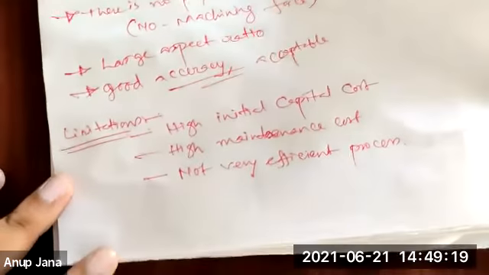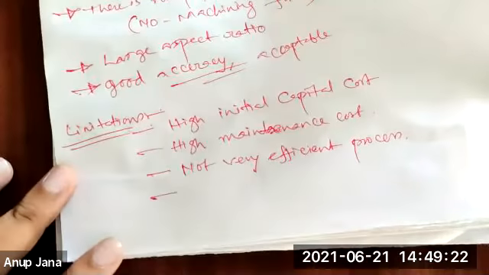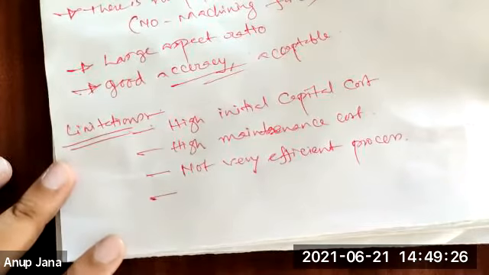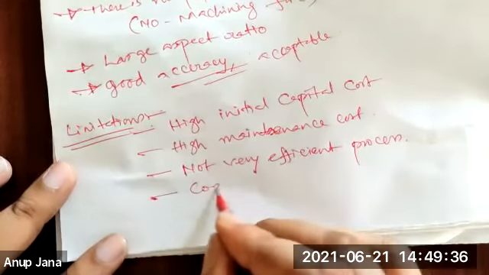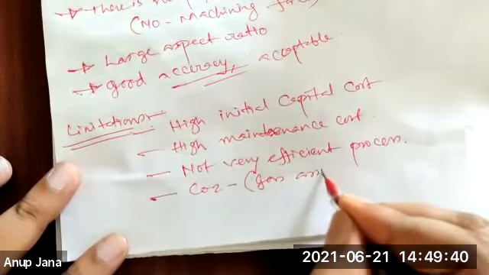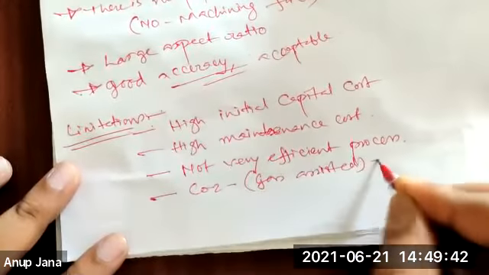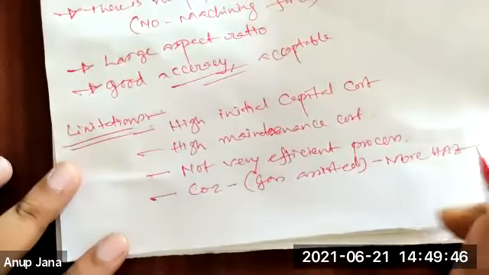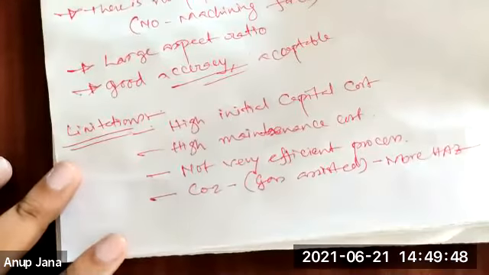Now, I said that the heat affected zone is less because we are using shorter pulse duration. But what happens in CO2 laser? In that case we are not going to use pulse. So in case of CO2 laser, especially the gas assisted one, we will have more HAZ, which will alter the property of the material.